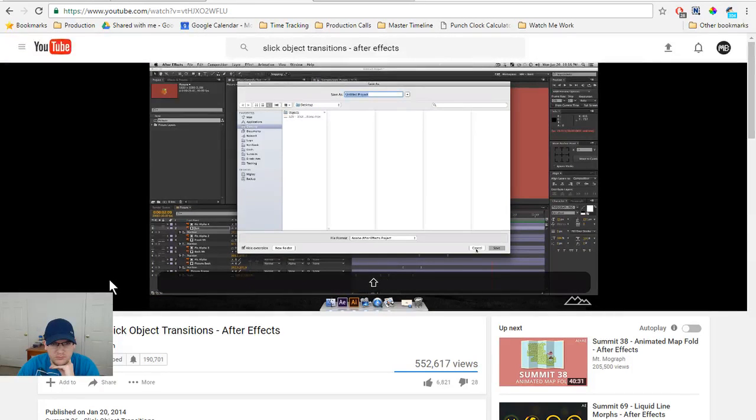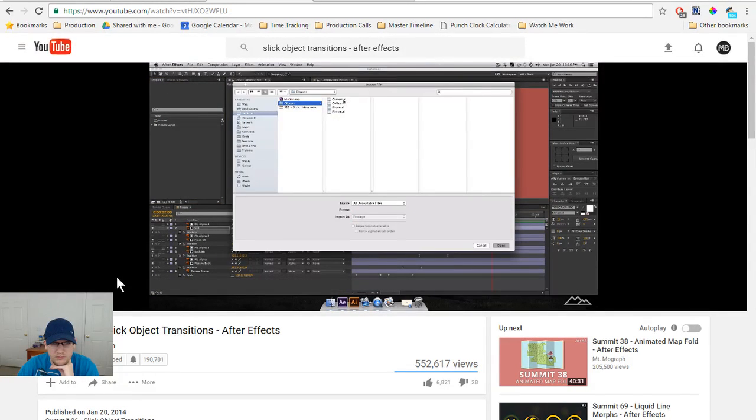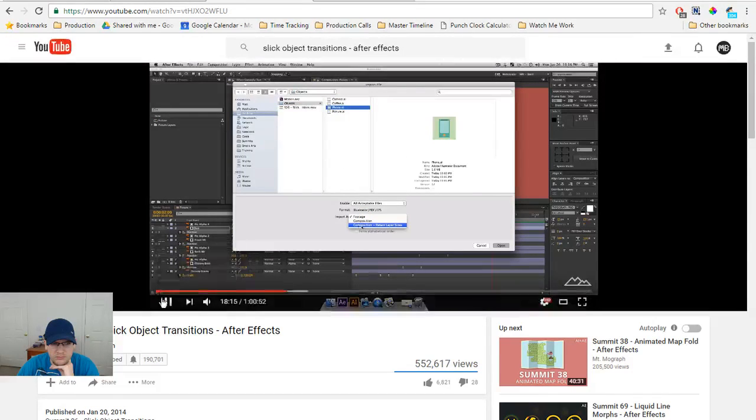to my desktop as motion, I guess. I don't know, I couldn't think of anything in the moment. So now what we're gonna do is select your project window here, do Command-I on your keyboard, or go to File, Import, and let's import our phone. So set your import as to composition, retain layer sizes, and